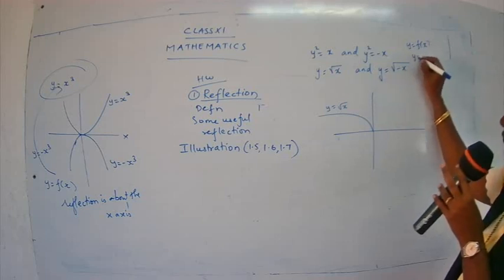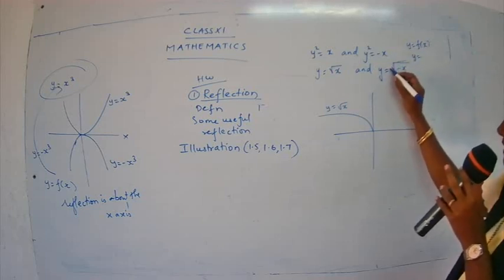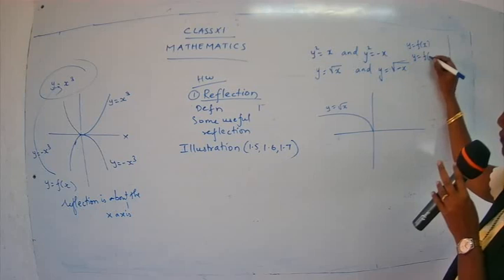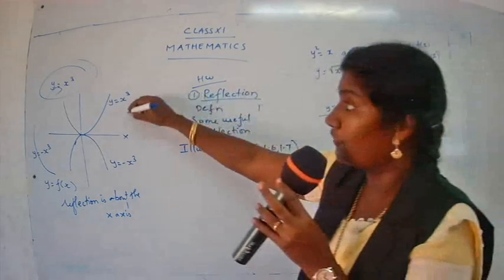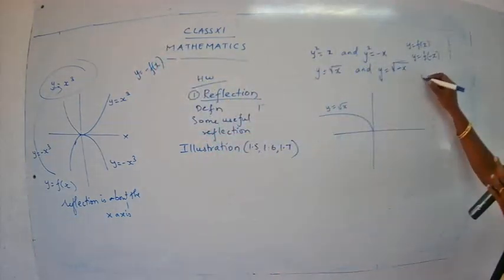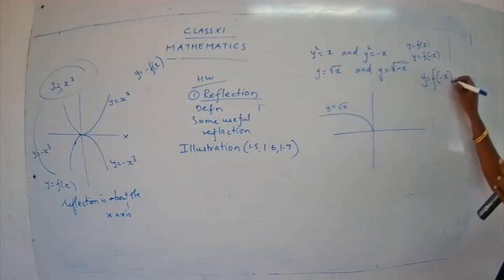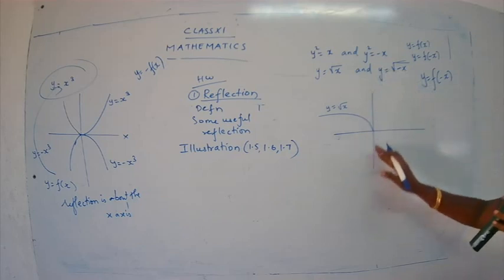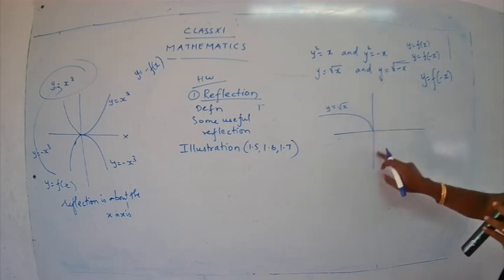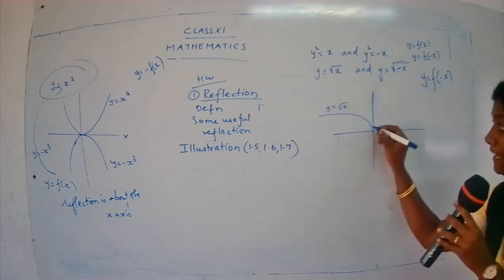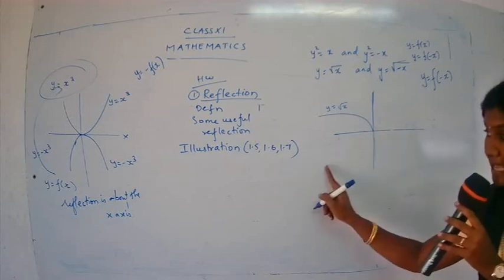Now this function is y is equal to the same function. We don't have a minus sign in the front. The minus sign is only for the value x. So you get y is equal to f of minus x. The first one is of the type y is equal to minus f of x. And the second one is of the type y is equal to f of minus x. So remember, when you have y is equal to f of minus x, what is that? The reflection is about the y-axis. Now where is the y-axis over here? Yeah, this is the y-axis. So it's not going to be downward.